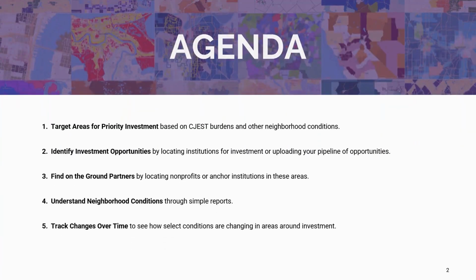So let's get started. My name is Maggie McCullough. I am the CEO and founder of PolicyMap. And in this webinar, we're hoping to show you what we think are 5 unique ways that PolicyMap can help in GGRF activities. The first is targeting areas for priority investment based on not just one CEJST category, but multiple